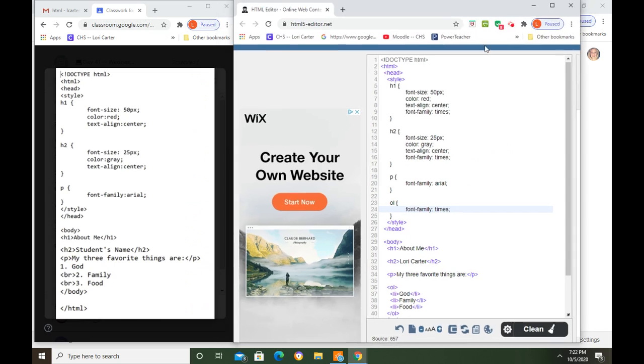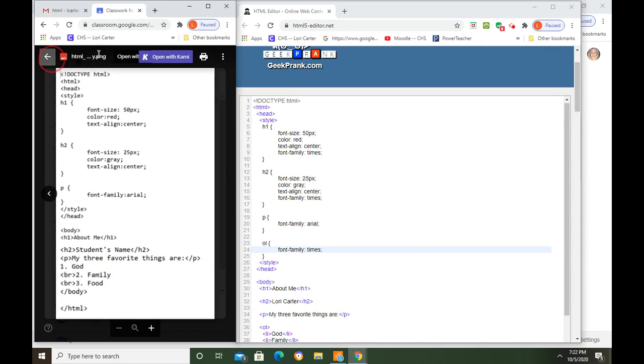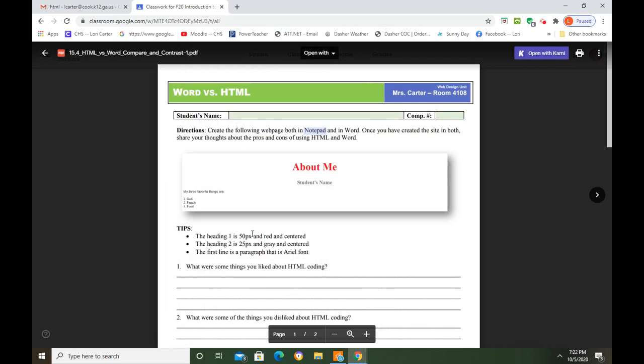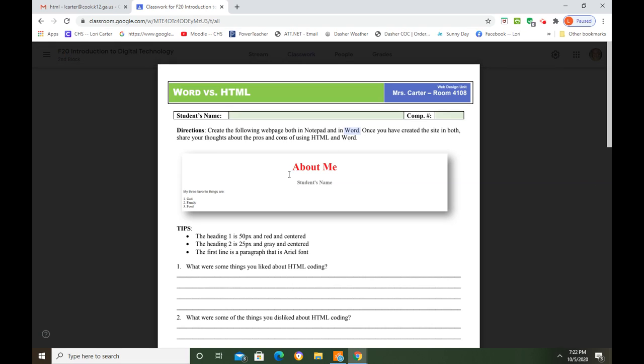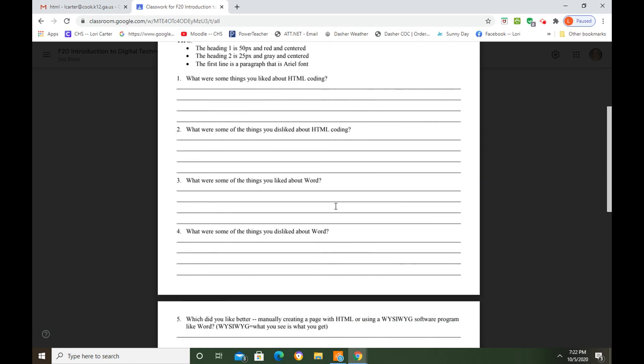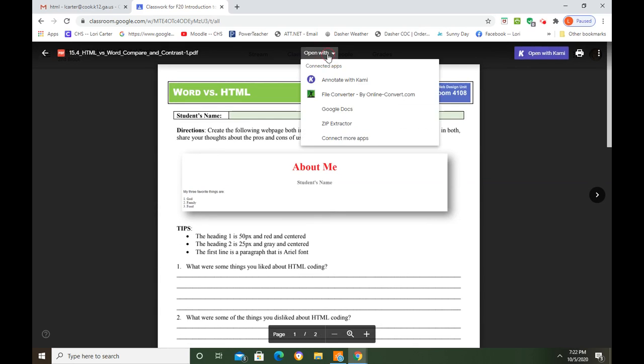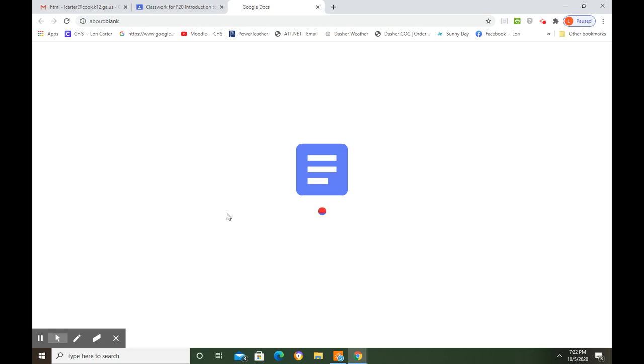All right, so as we look back at our instructions, so we've used something like Notepad. We've used Google Docs, which is similar to Word. You've used both to create this About Me, and you've got some questions now I want you to answer, numbers 1 through 10. So if you open this document with a Google Docs, it's going to look a little bit funny with the spacing,